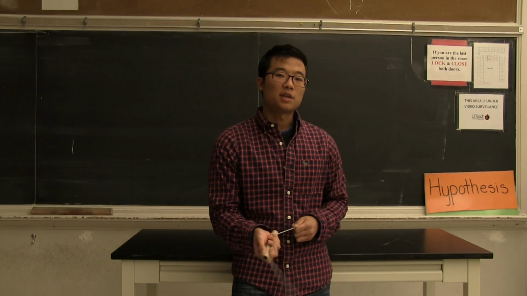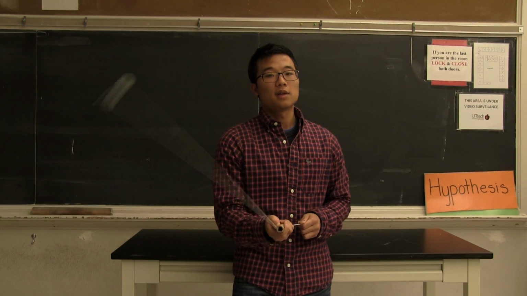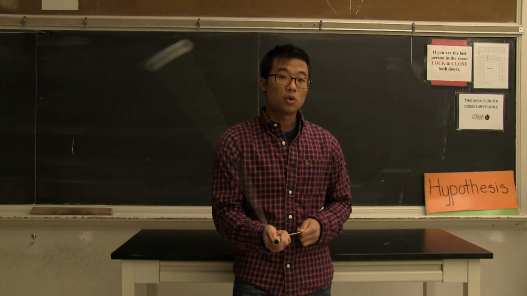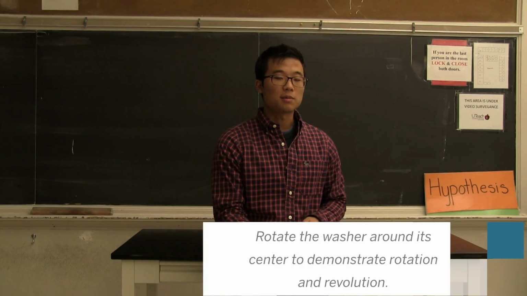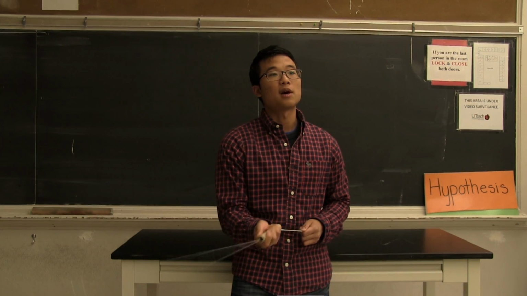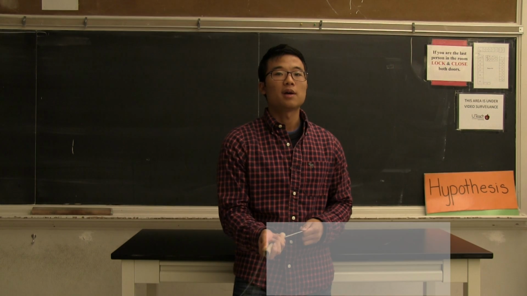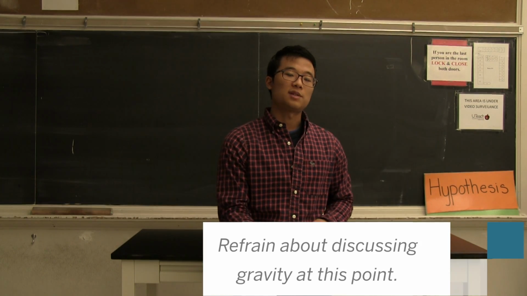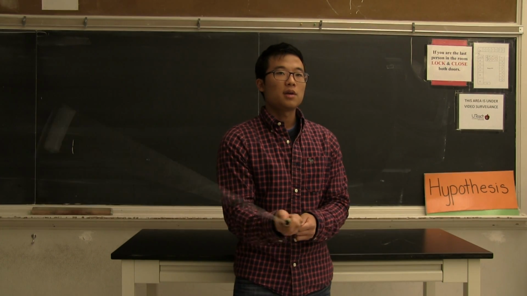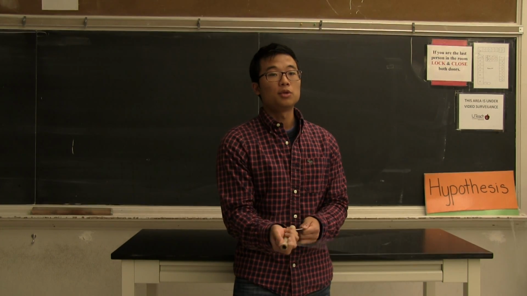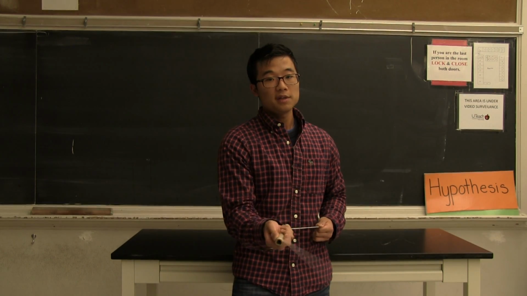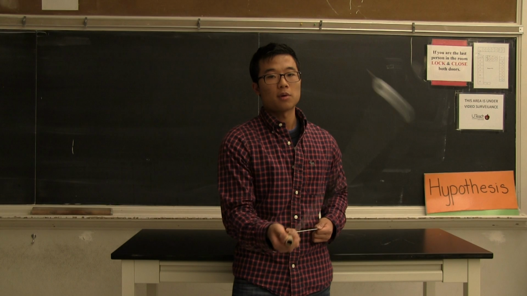the force is acting on the washers, and also that the washer, which represents a planet in this case, is not rotating because it's not spinning about its axis. About a minute later, you're going to pull the end and show that the motion increases as the radius decreases. And the radius here represents the string part.